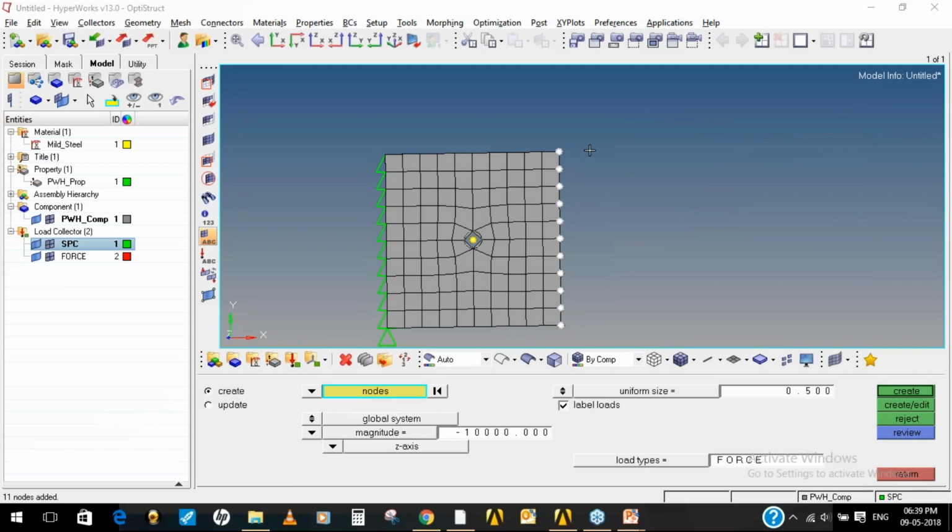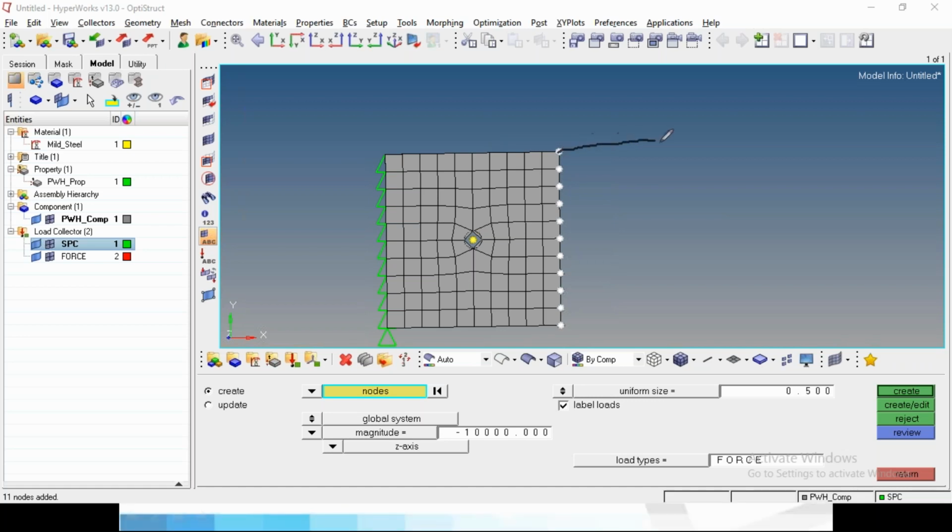But the thing is that if I apply the same force on each and every node, when I see the output, I'll get it in somewhat this manner. If I apply the force of 909.09 Newton on each and every node, this is the deformation pattern I'm going to get. But this is not expected. What I want is this force should be uniformly distributed along the whole edge. So in that case, what we'll do is